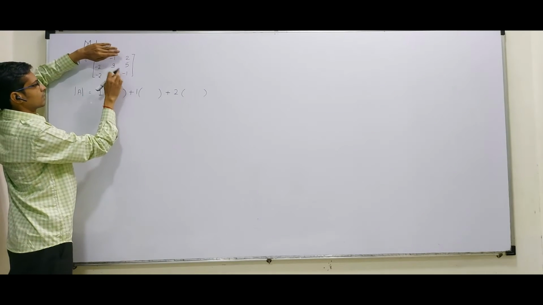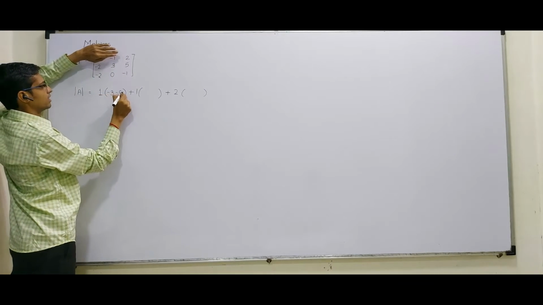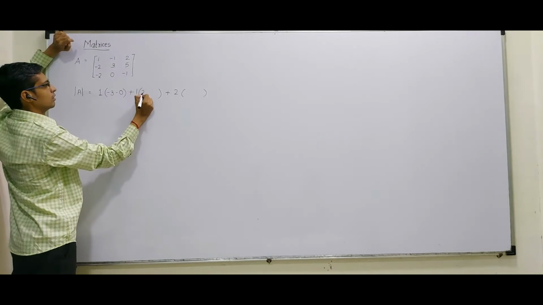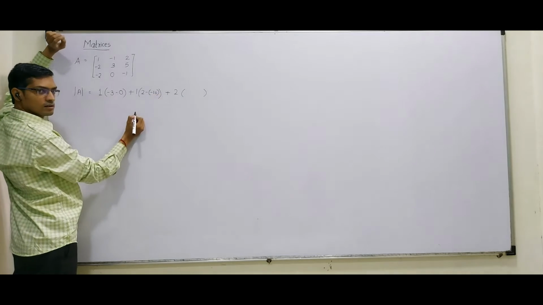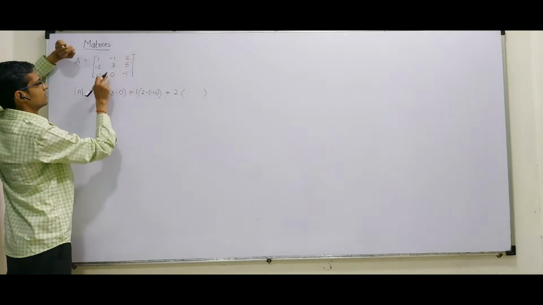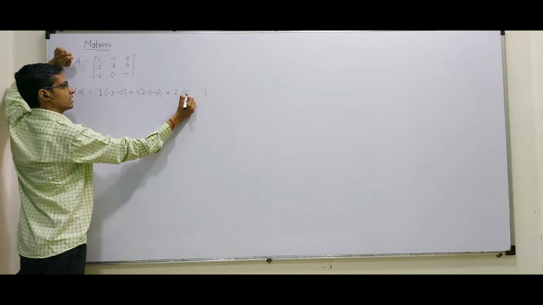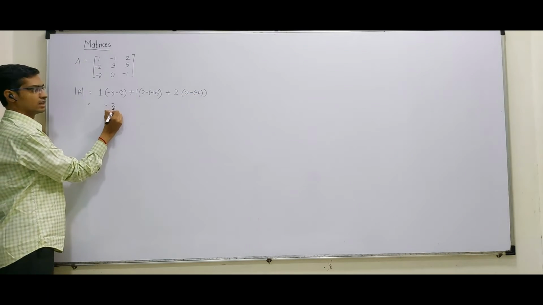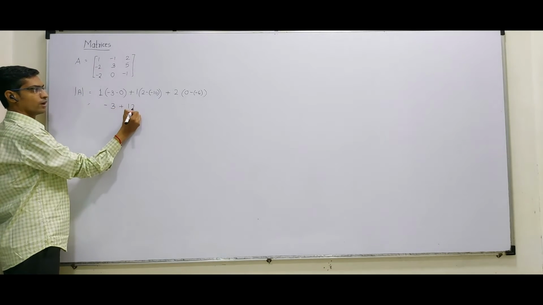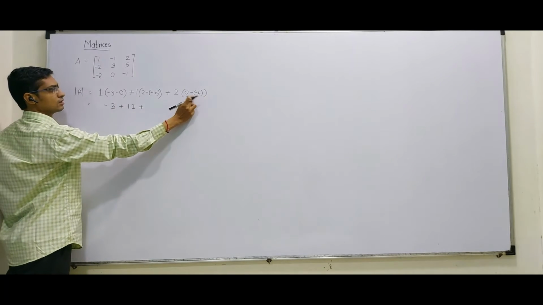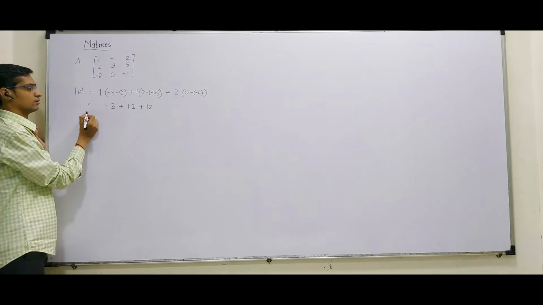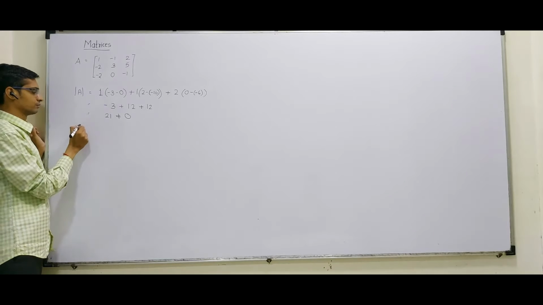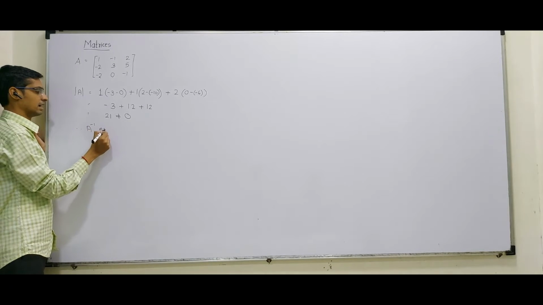So क्या आएगा ये -3 -0, then 2 minus of -10 and 0 minus of -6, that is -3 plus 12 plus 12, which is 21, which is not equal to 0. Therefore I can say A inverse